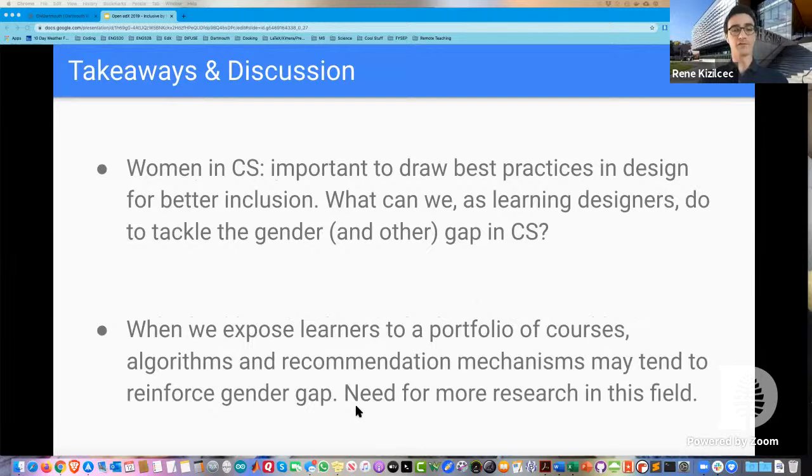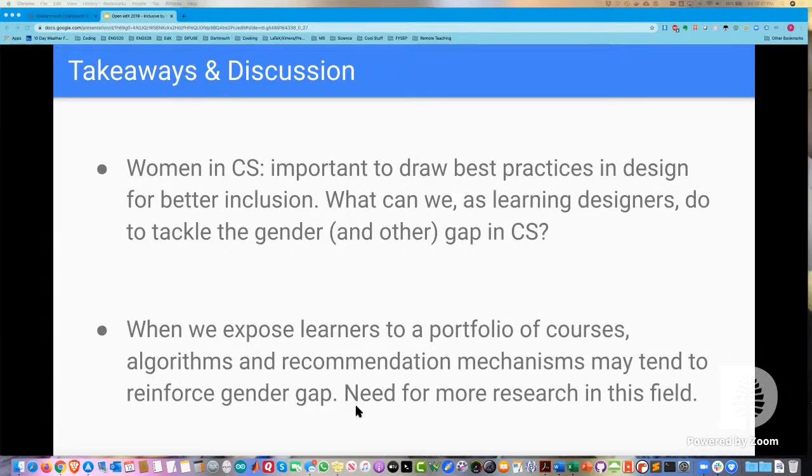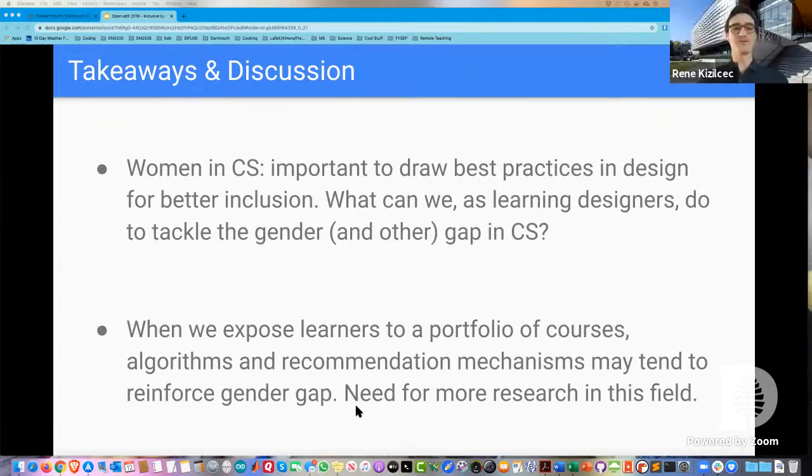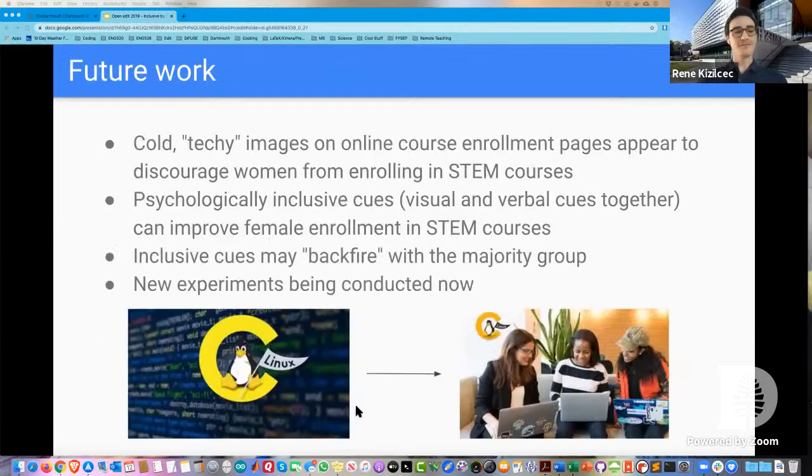we want to be careful with techie banners, right? And so it raises some questions for HCI future work, which is: what are best practices for designing for inclusion, and how can designers tackle the gender and other gaps in computer science? On the next slide, we have some future work which looks at changing some of the techie